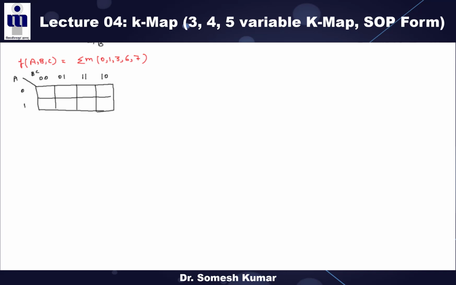So you know the numbering of cells, right? This is which number? Zeroth number. At the zeroth number, your function is 1. Then 1, 2, 3, 4, 5, 6, 7. This is the numbering. So at the 0th, this is 1. At the 1, this is 1, 3, 1, 6, 1 and 7, 1. Right? So now tell me. Is a quad possible? Is an octet possible? No. Is a quad possible? No. Right. Then only the pairing is possible.